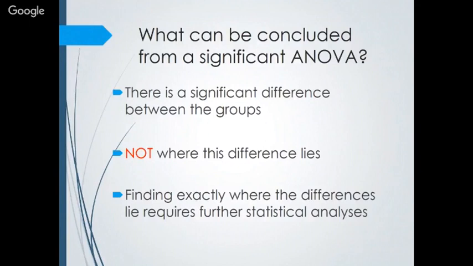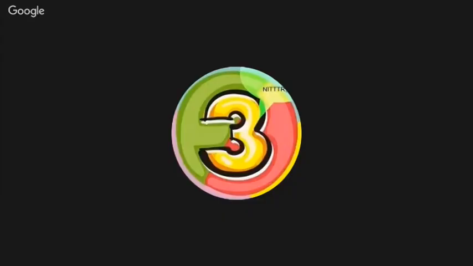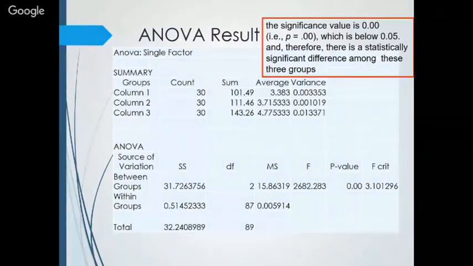This is the ANOVA result. The ANOVA result is here. Actually, I employed a single factor ANOVA here, and there are 3 groups: column 1, column 2, column 3, and a summary part. The summary part gives the summary of the variables, column 1, column 2, and column 3. Column 1 indicates the first variable,